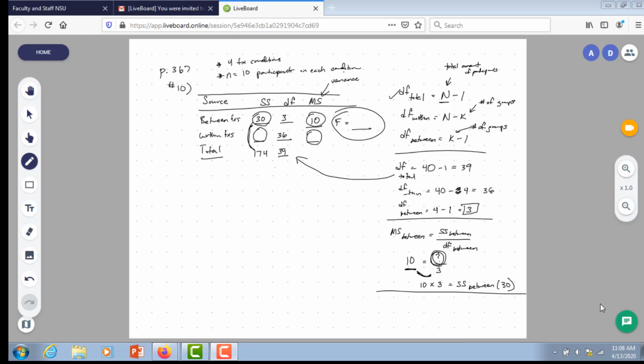Okay, so let's talk about some of these sum of squares between and within formulas. So the sum of squares between formula is SS total minus SS within